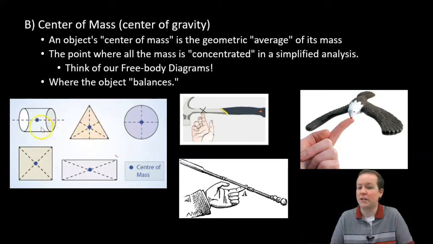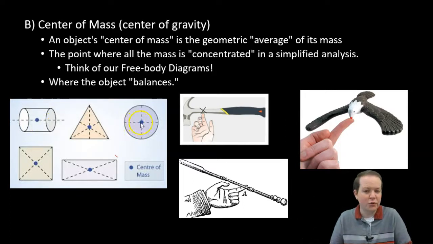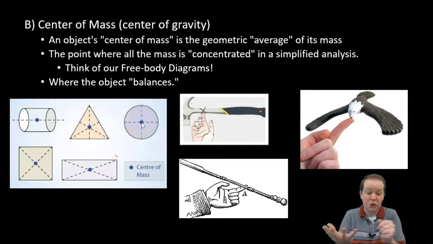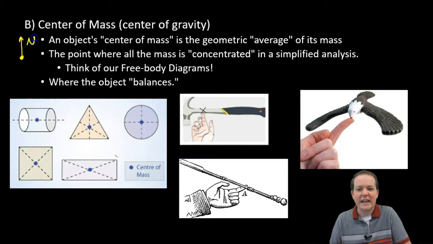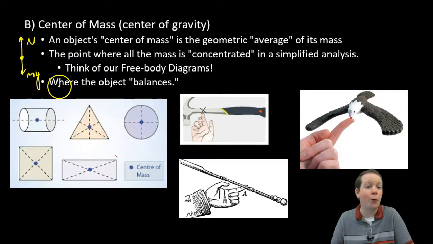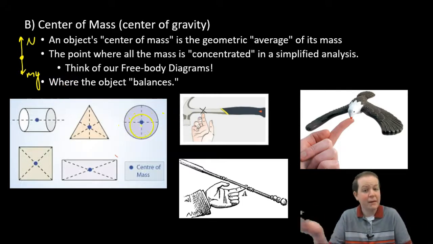Likewise, if it's a triangle or a cylinder or a sphere or a circular little plate, the average location geometrically is in the center. And if it's a uniform kind of shape, a uniform material, the average mass is located in the center. To be honest, we've been using this every single time we've been drawing free body diagrams of objects. It hasn't really been relevant, but that little dot that we've been drawing represents the center of mass for an object. And 99% of the time, especially in AP Physics 1, that center of mass is just going to be in the middle of the object.